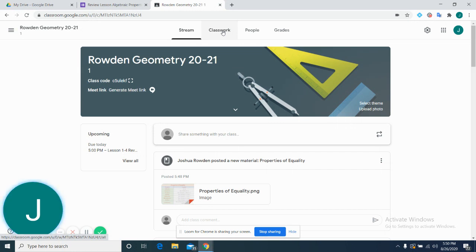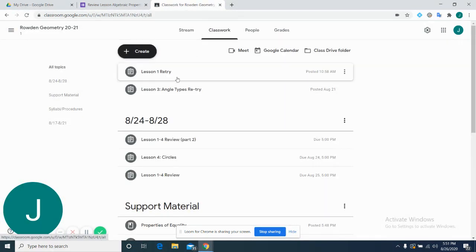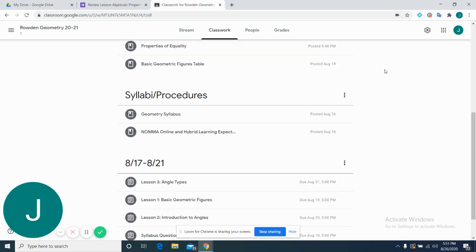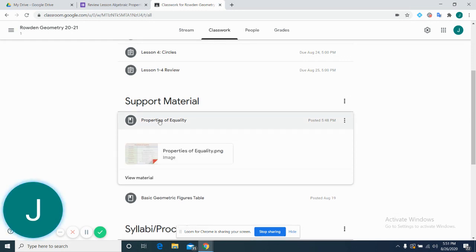What I want you to do is pay attention, if you even need this, as I walk through all the properties, and then you will try actually answering the questions about them. So really the goal of this lesson is for you to understand these properties well enough that you can describe them. So you're going to go where it says support material, go to properties of equality, and we're going to